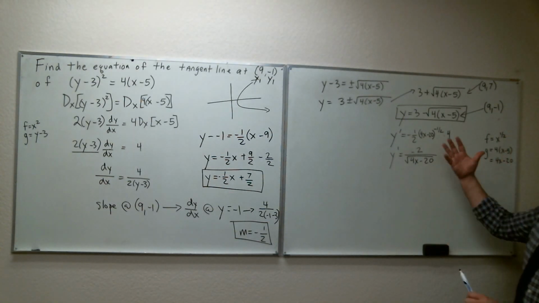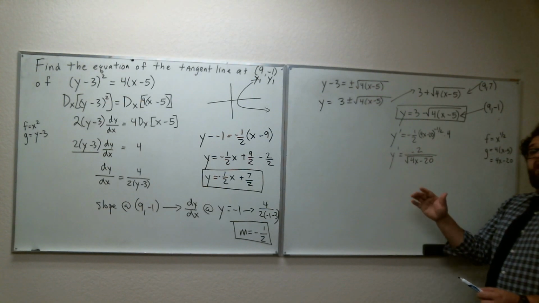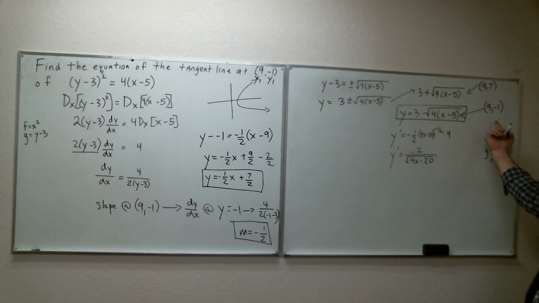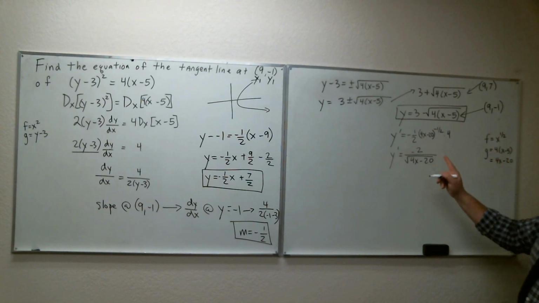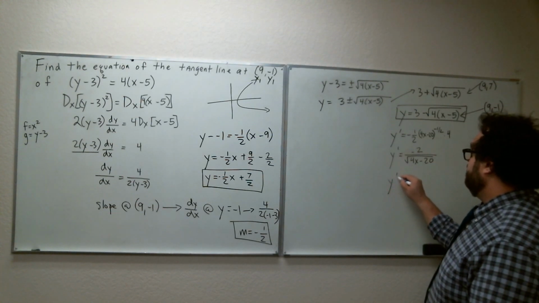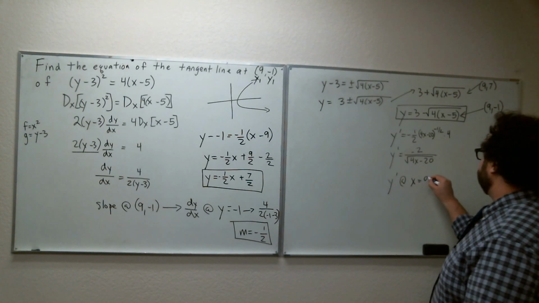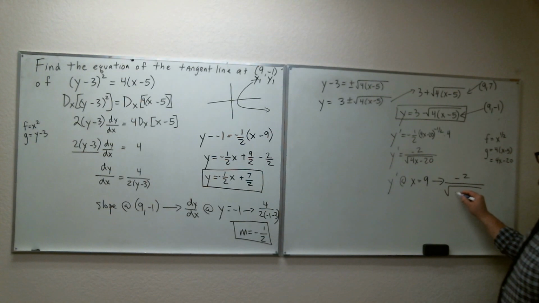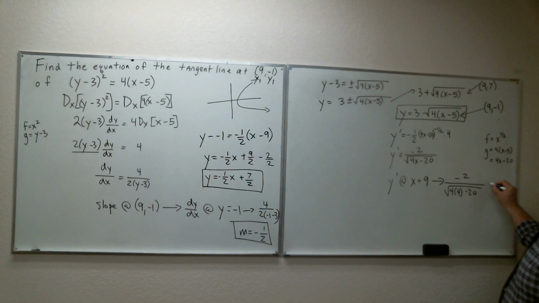Now, that is the derivative, so that will give us the slope of all of the points on the bottom half of this parabola, including the point we're concerned with. So if we evaluate y prime at 9, we should get the slope of our tangent line at 9, -1. So y prime at x equals 9 is, well, it's -2 divided by the square root of 4 times 9 minus 20, which equals